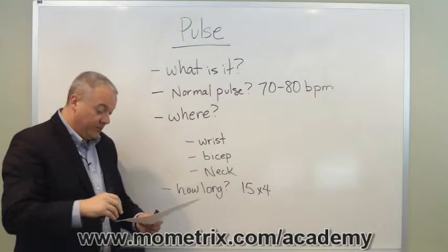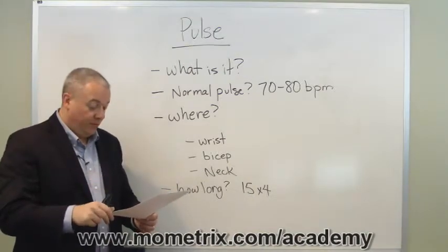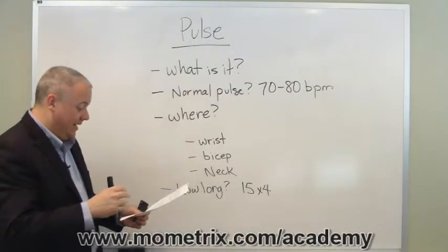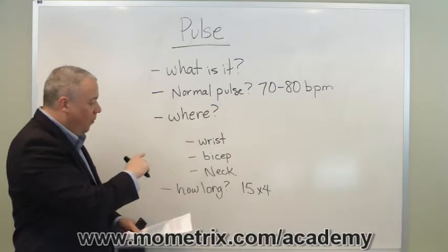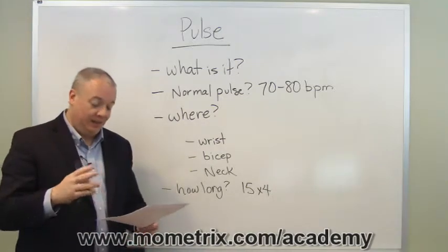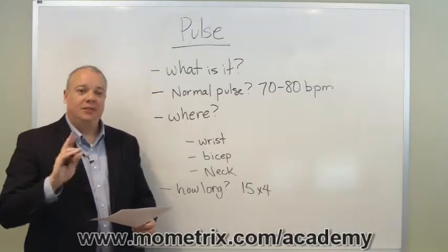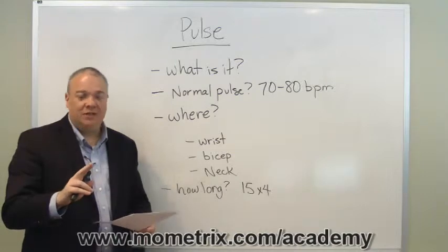So at the wrist, on the radial artery, is a common place where these fingers are placed and felt over the wrist bone. At the medial inside of the biceps, on the brachial artery, is a place that can be checked. And then one that we see a lot in TV and movies, of course, is on the neck, just outside the larynx at the common carotid artery. So again, the two fingers pressed there with pressure enough to feel the pulse,